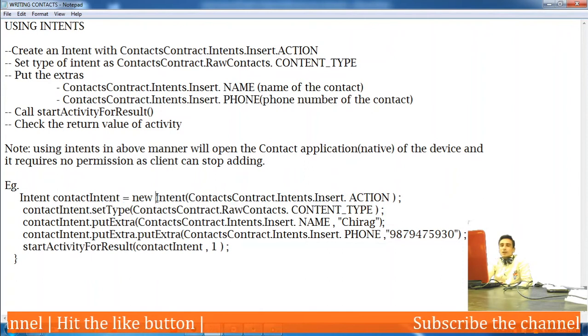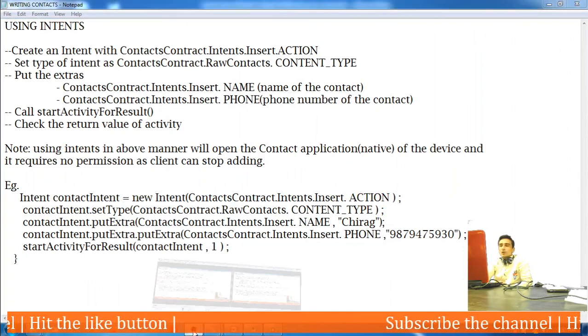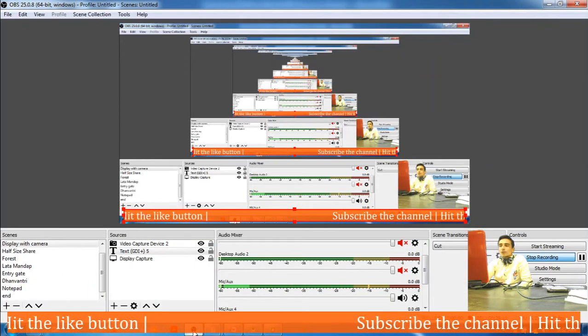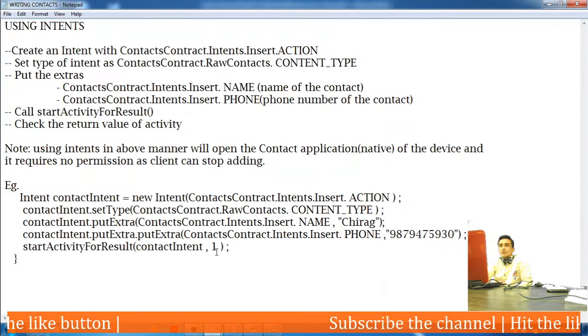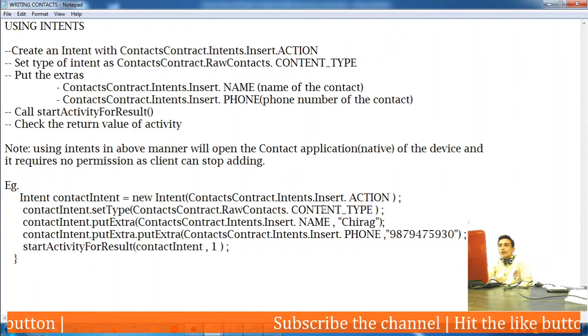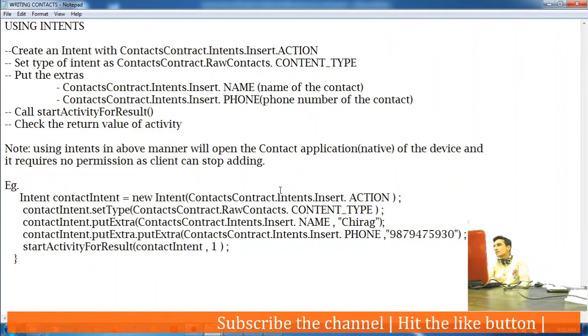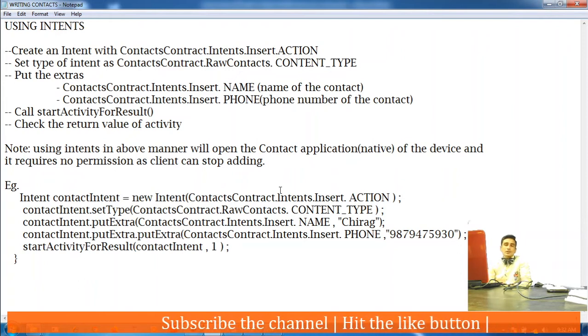We will define a new contact. Okay, and a new intent which would have the insert action, ContactsContract.Intents.Insert.ACTION.